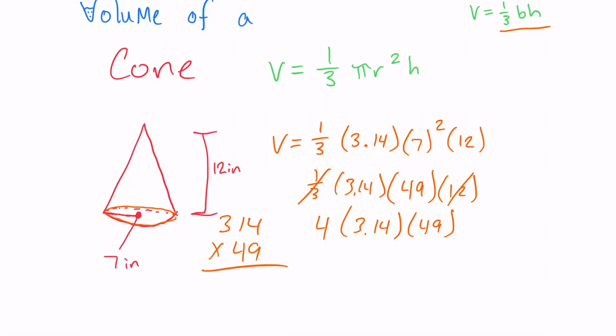9 times 4 is going to give me 36. 9 times 1 is 9 plus 3 is 12. 9 times 3 is 27 plus 1 is 28. 4 times 4 is 16. 4 times 1 is 4 plus 1 is 5. And 4 times 3 is 12. So add up our values. We get